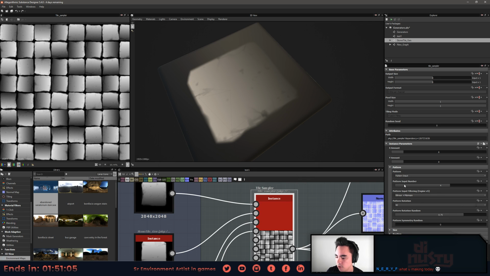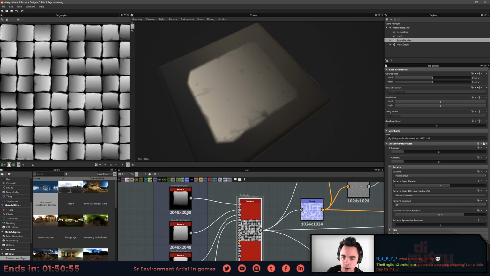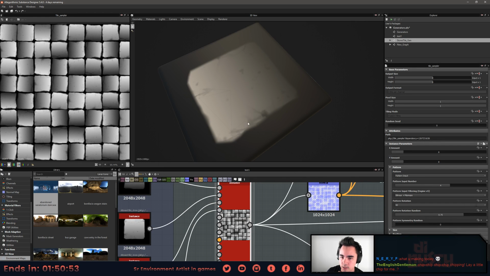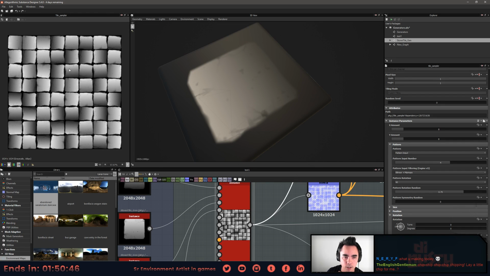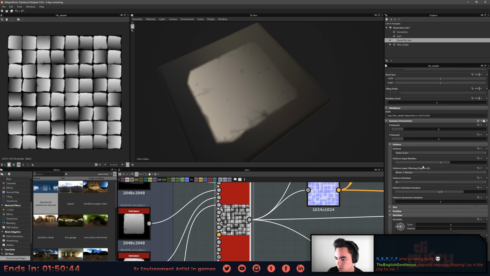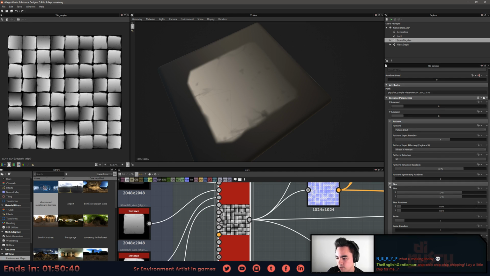If you add more to the pattern number, if you add more input numbers, you can add more tiles, and then this is basically just randomizing. But you can see over here, I'm just randomizing where they're placed. You can skew their shapes and sizes and